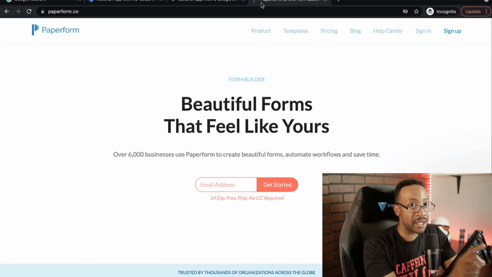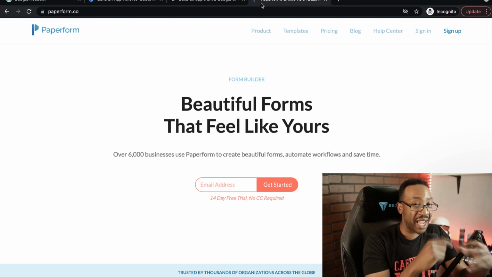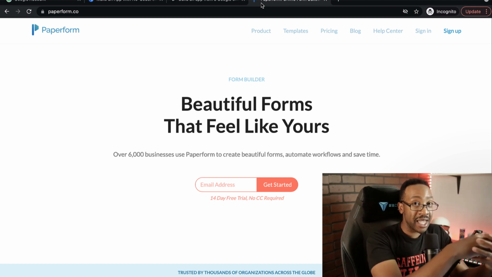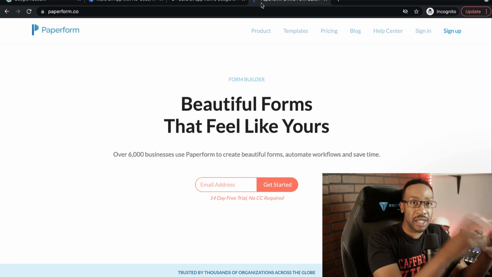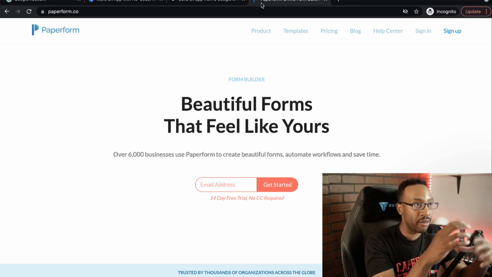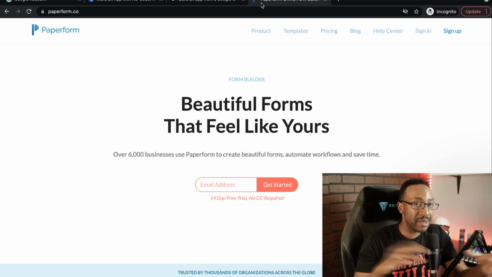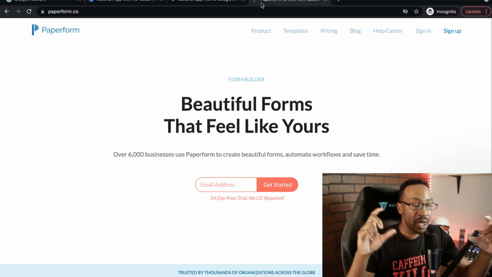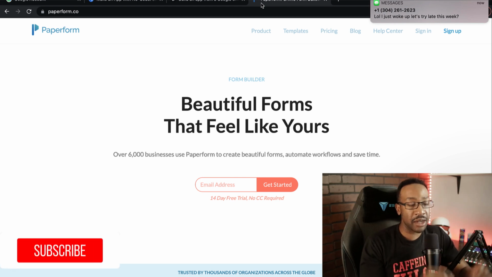The next platform is Paperform. Now, Paperform is a platform where you can create form builders and do a large amount of things with your business. But you can even make this even more powerful, because after people fill out forms, it can then integrate with Google Sheets, and you can have even more things happen. For example, say for instance, you want the responses of everyone that filled out your form to go to a Google Sheet, and then that Google Sheet can then power them to get emails or get notifications or do multiple other things once the information goes into that Google Sheet.